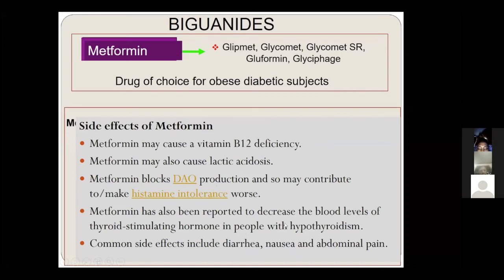So we have to be cautious in hypothyroid patients, because most